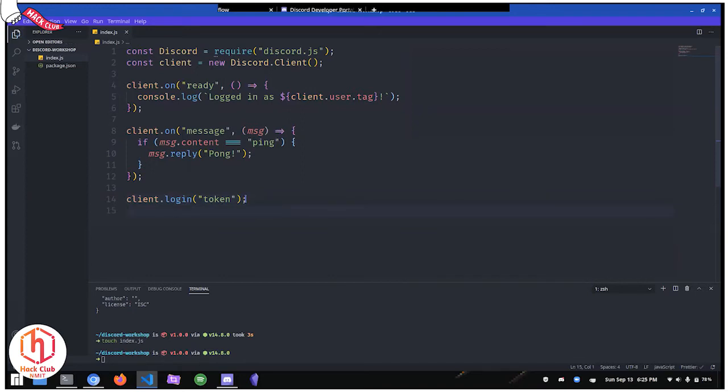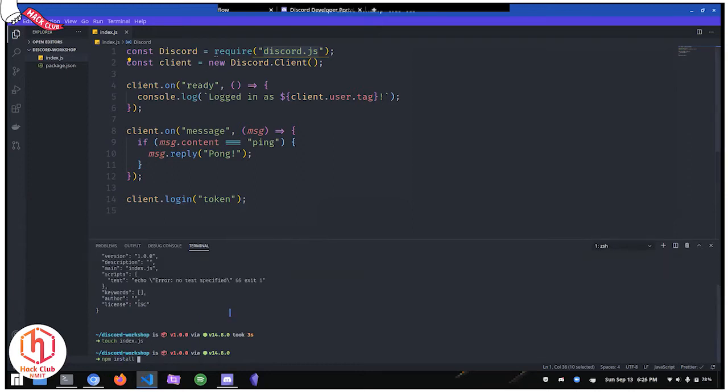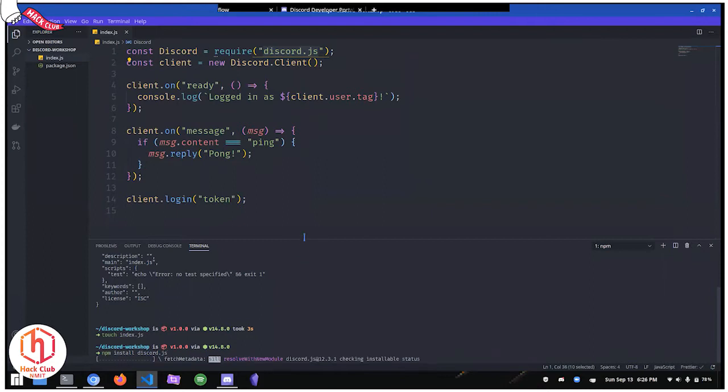Now, what is this code doing? You have to install a package called discord.js. How do you install the package? You can type npm install. I hope you guys can see this. I can't really enlarge the terminal font, so I'll be telling it out loud. The command is npm space install and your package name, which is discord.js. Hit enter and let npm do its thing. By the time, I'll explain.